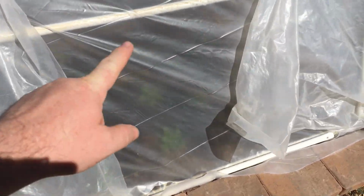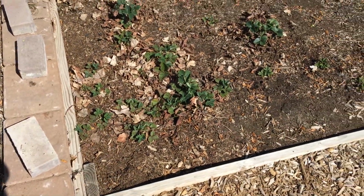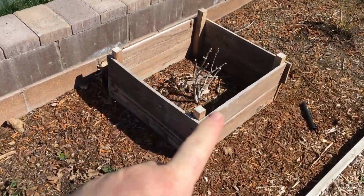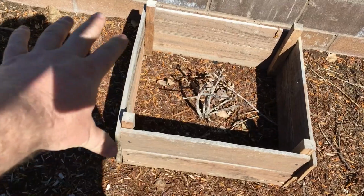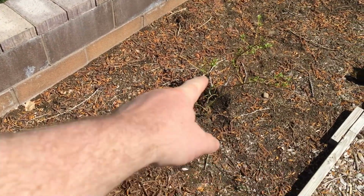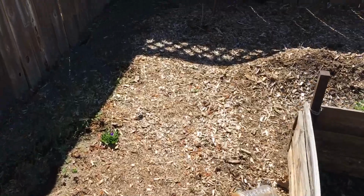The lettuce in this little tunnel hoop house is coming along. The perennial strawberries are coming back to life. This blueberry obviously died last year, and I will either pull that out and extend the strawberries. I think I'll probably extend the strawberries. I've got plenty of other places to plant blueberries, but this blueberry is coming to life, and I have another blueberry back here,